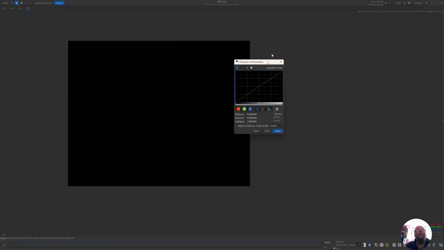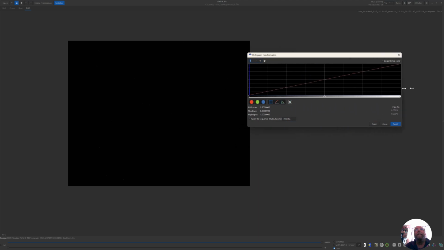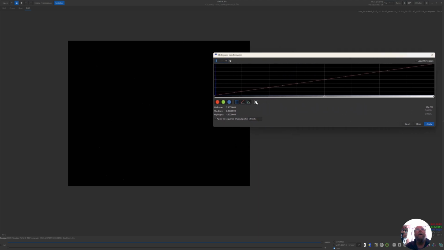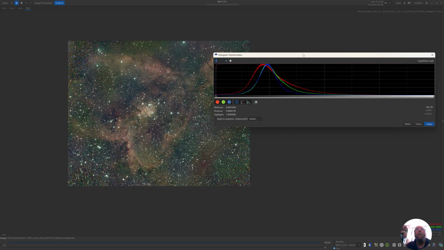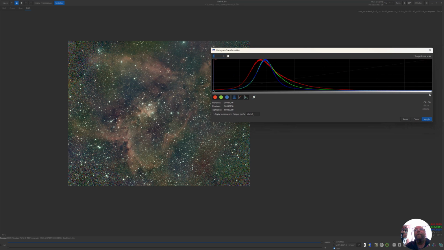Right, if we go back to linear, what we want to do is just start bringing out the detail of this. And if you go to image processing and you go to a histogram transformation, and what you can do here, if you just widen it up a bit so you can see where the pointers are, it's got an auto stretch, which is way over. So what you can do,